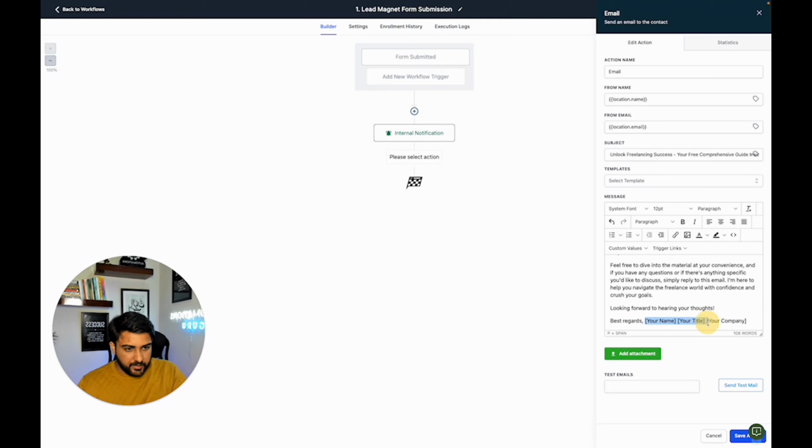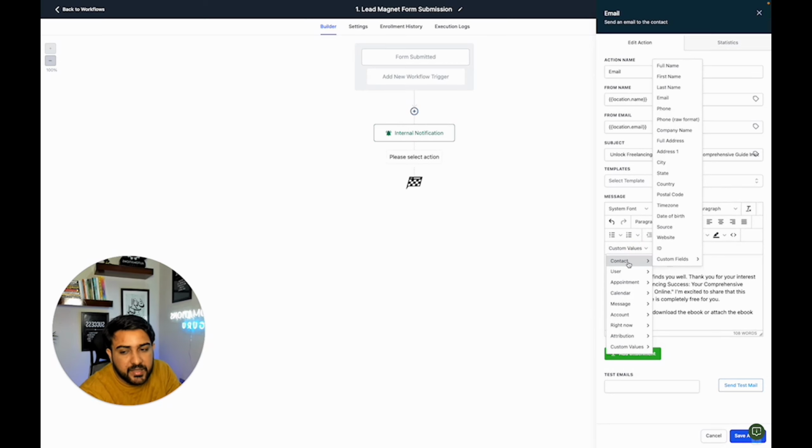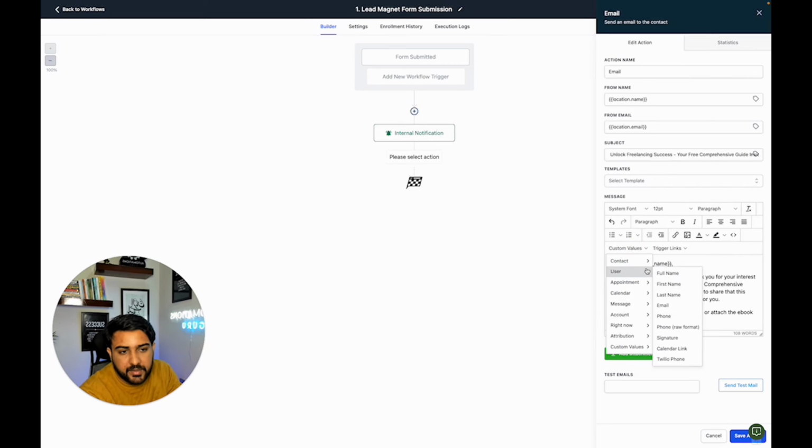And here at the end we can use the custom value. So basically you need to understand one thing here, like the contact first name is basically, the contact is basically the lead name, and the user is basically you. And how we can define the user,